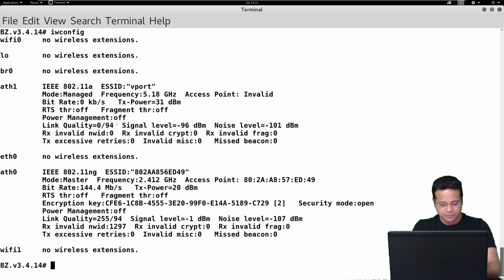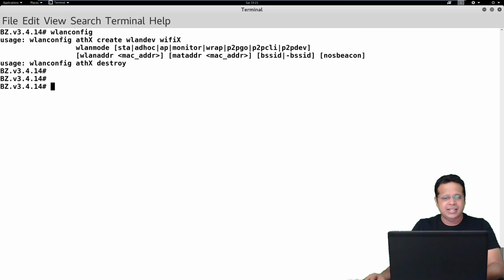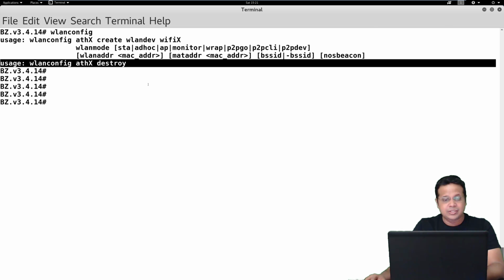So how do we do that? Now, if we run the WLAN config command, what you would find is that this command allows us to create basically virtual adapters on top of the real physical adapter and put that into monitor mode. So the first step, of course, as we can clearly see, is WLAN config ATX destroy. So we are going to use this first to destroy both the AT0 and AT1 interfaces